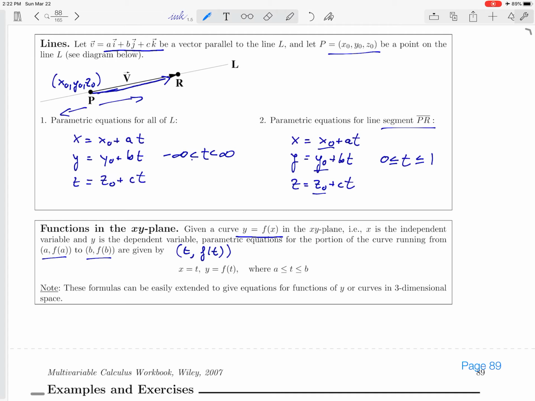And so you can say x is always equal to t, and then y is always equal to f of t. And since we wanted to start at a, f of a, and end at b, f of b, we start by plugging in a, and we end by plugging in b for t. And again, these formulas can also be extended to give equations for functions of curves in